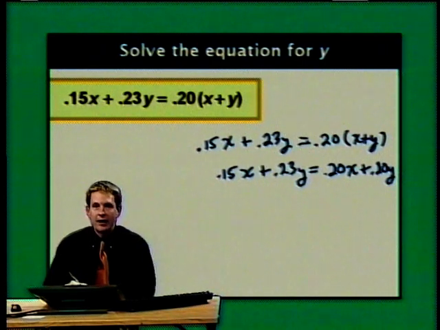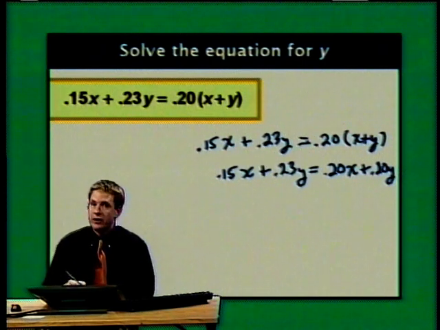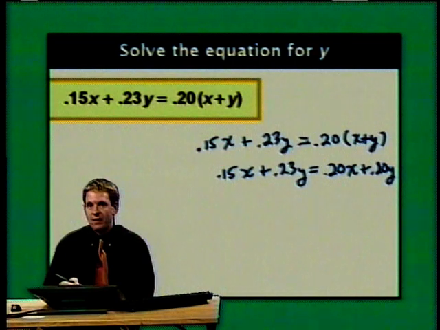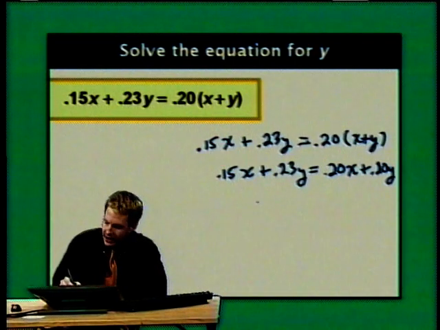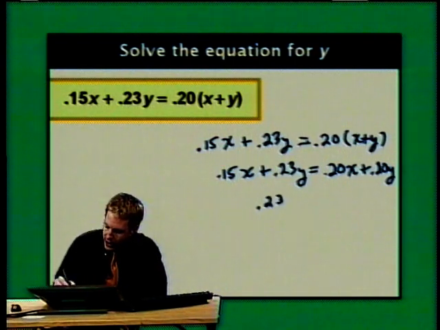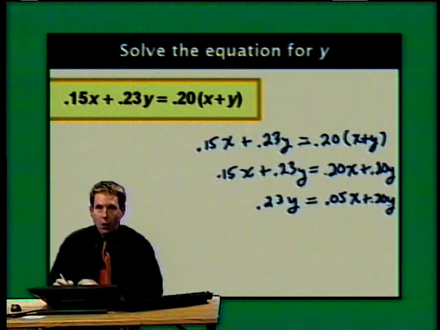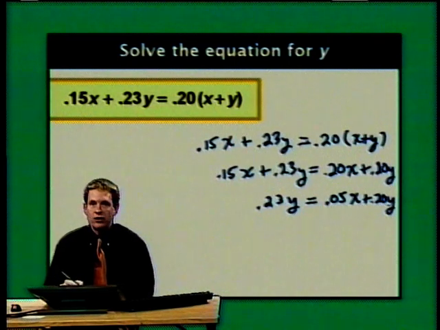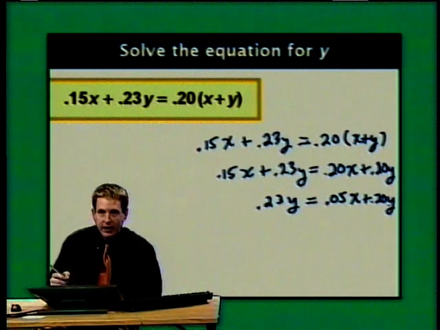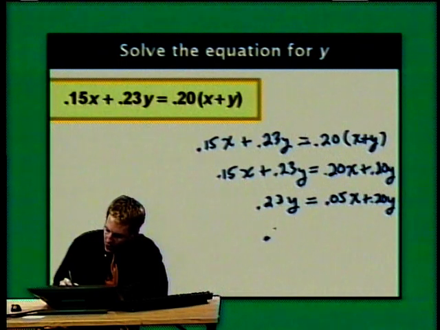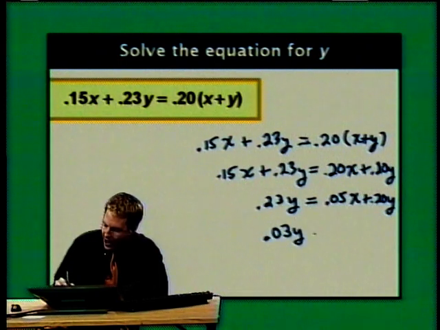I want to isolate y on the left, so I'm going to subtract 0.15x from both sides of the equation. That gives me 0.23y equals 0.05x plus 0.20y. Let's subtract 0.20y from both sides of the equation. That gives me 0.03y equals